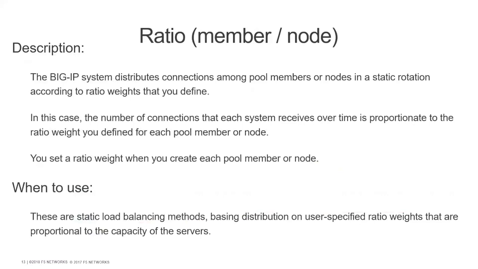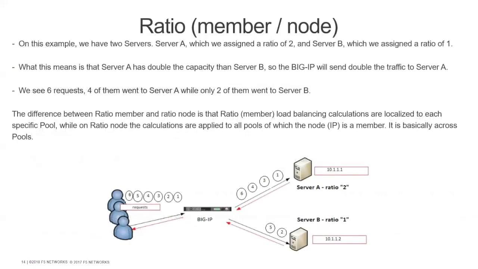When to use, well, this is a static load balancing method, and this is fairly good to use if, for example, you have a brand new server which has a lot more capacity than, for example, an old server. Or let's say that if you have 4 servers in total, 2 of them are brand new and 2 of them are a bit older, you can specify that you want more connections to some than to the others. So having a more hands-on approach,